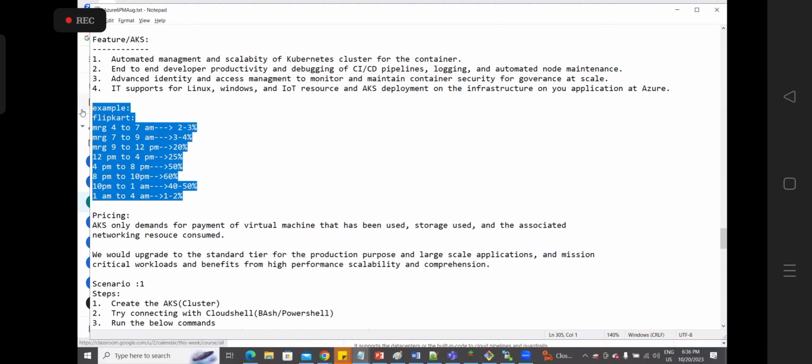So next, let's see the example first. Tell me one thing here. Flipkart or Amazon or Myntra, whichever example you want to take, let's take those. So tell me frankly, my dear friend, if I am taking the example of Flipkart or Myntra or anything, if I am taking the example of that,